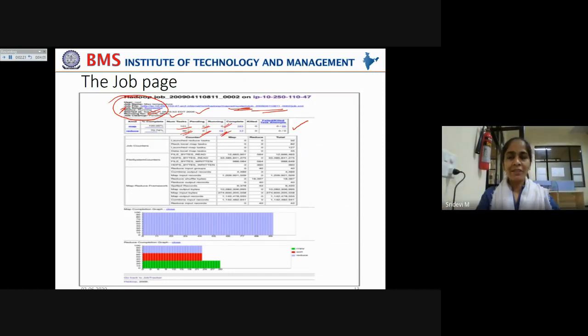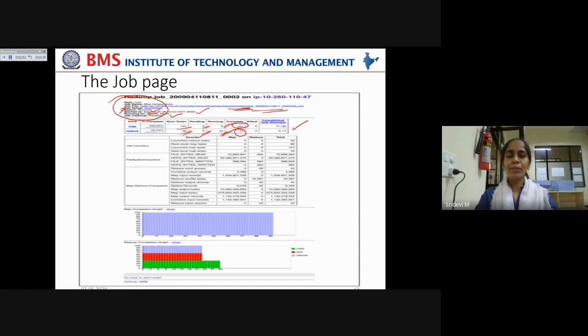It tells us that all the map tasks have completed, which is mentioned here, 101, but the reduce tasks are still running because they depend on the output of map tasks. So they have to wait to some extent till the maps start giving their output. Only then can the reduce start its processing. That is why it started slowly, and out of 33, only 5 reduce tasks have completed so far.